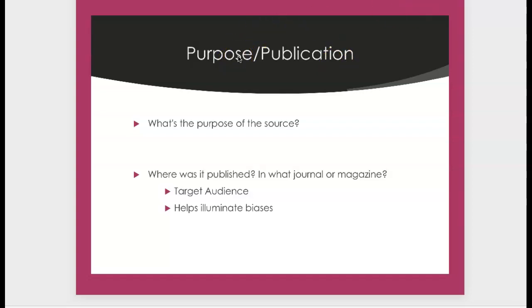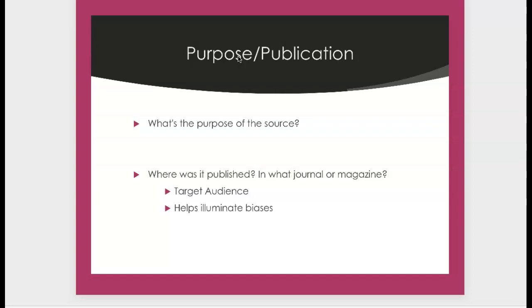Scholarly publications typically always focus on presenting new concepts, ideas, or research to a specialized group or audience. They have undergone the peer review process, which means that their information is accurate and up to date. Whereas popular sources like the New York Times, anything from newspapers or magazines, reach a wider public. They're not written by quote unquote experts in their field, and there's almost always an inherent bias based on the